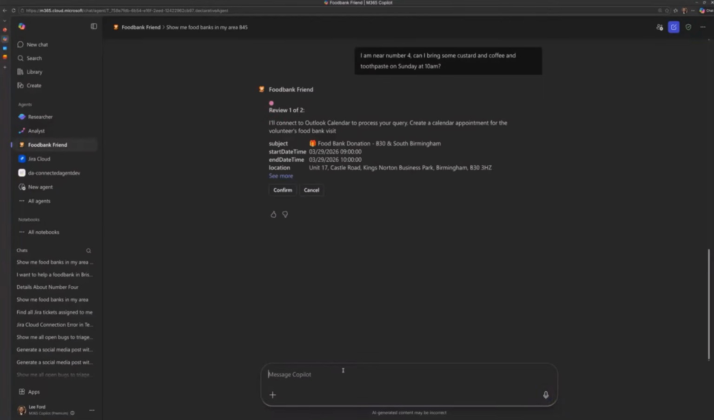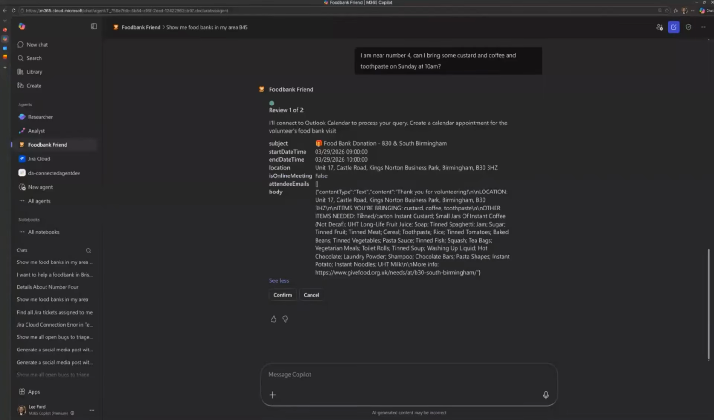First thing is I need to review the payload. It's saying it wants to connect to my Outlook calendar. It's going to create a calendar appointment. This is what it's going to put in there. That's fine. If I click see more, I can see the full body of the request. Now, if I confirm that,